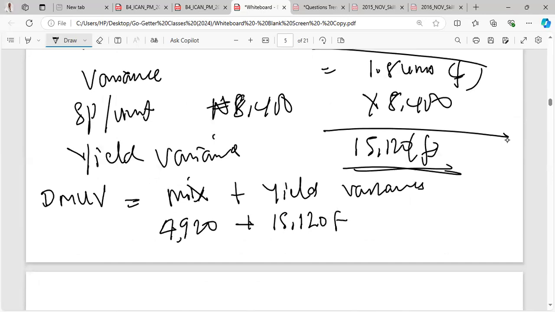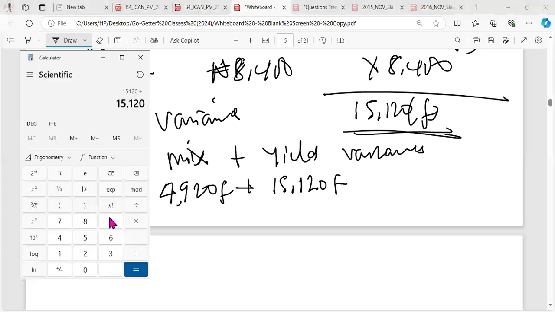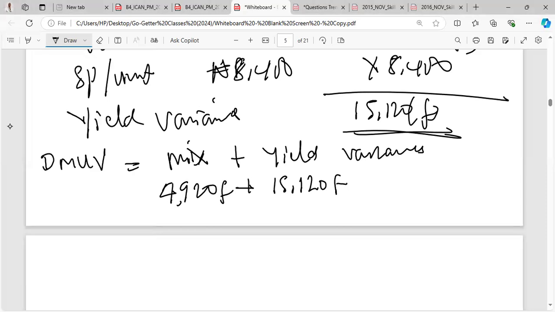So let's see if we can add them. We are keeping our fingers crossed. 4,920 plus 15,120 gives us 20,040 favorable. I think we've done something